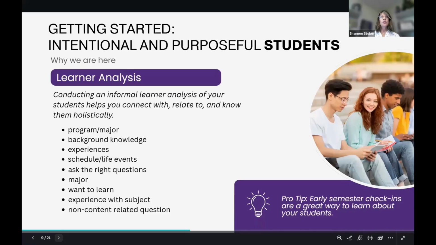You don't have to get too personal with them, although they do usually like to share, especially with some of those questions, because they like to share with you what's going on in their lives. So asking those can give you a little more insight into your learners. And another pro tip here, if you can,